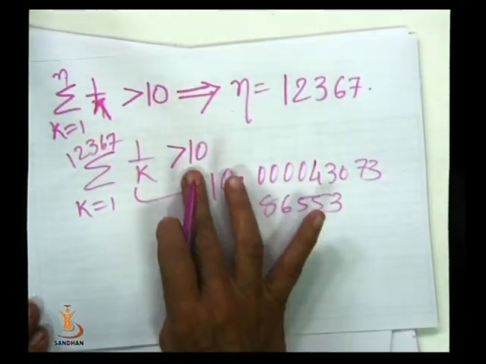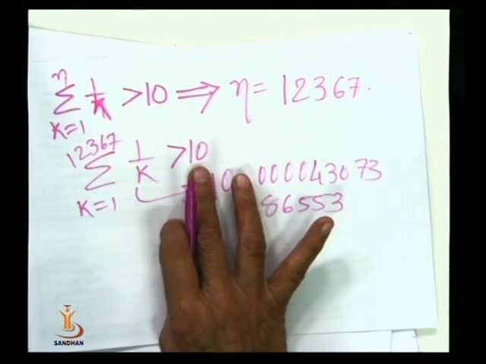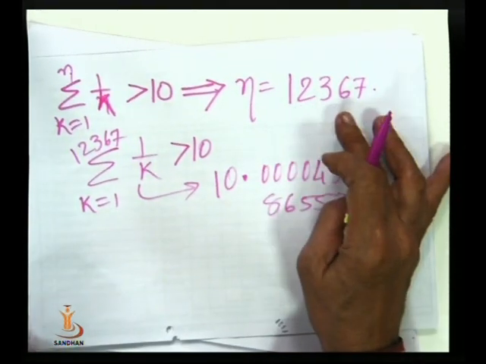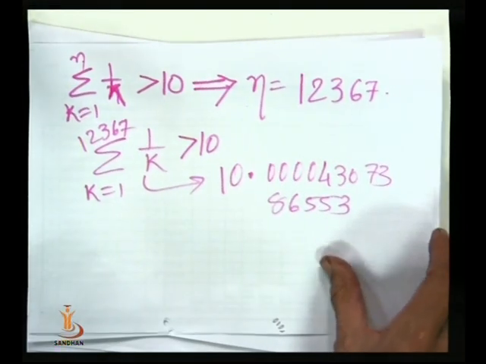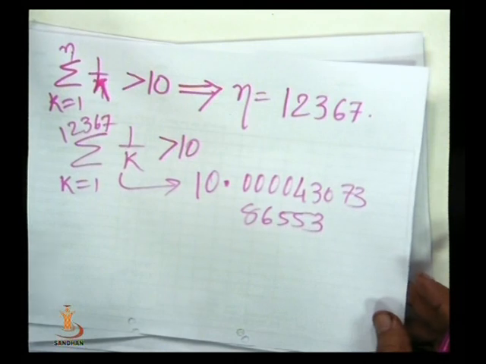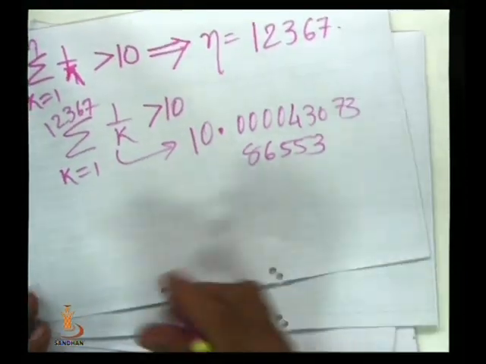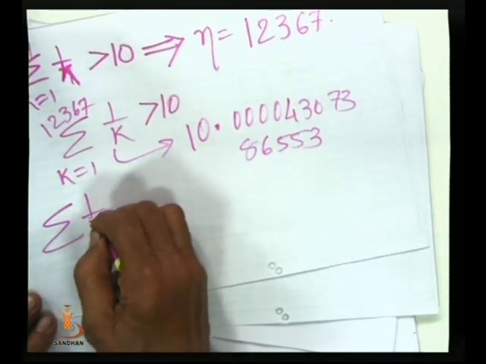So, just to cross 10, you need 12,367 terms. So, you see how slowly it increases. Suppose you want this